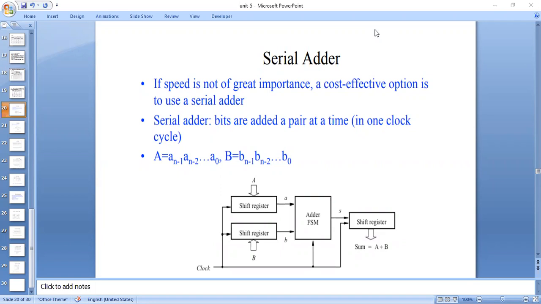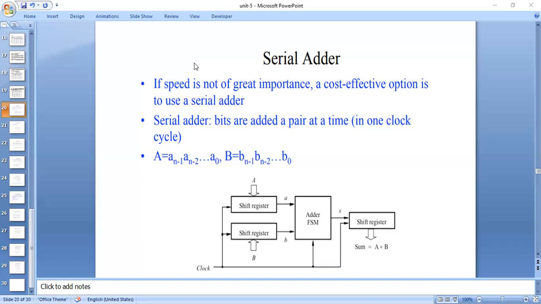In a Mealy machine, the output depends on the present state and inputs, and in a Moore machine, the output depends only on the present state. Depending on that present state, it will produce the output. That is nothing but a Moore machine. In a Mealy machine, we have two columns: one is present state and another one is next state, comma, output. And in a Moore machine, we have three columns: present state, next state and output under the corresponding input conditions.